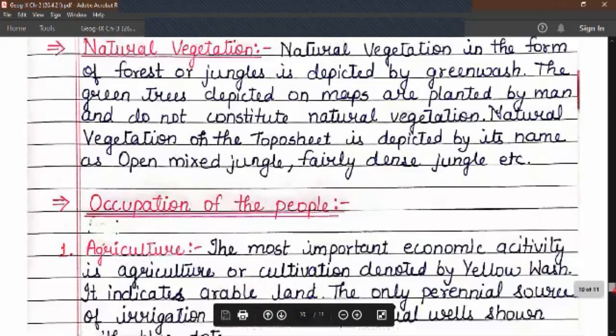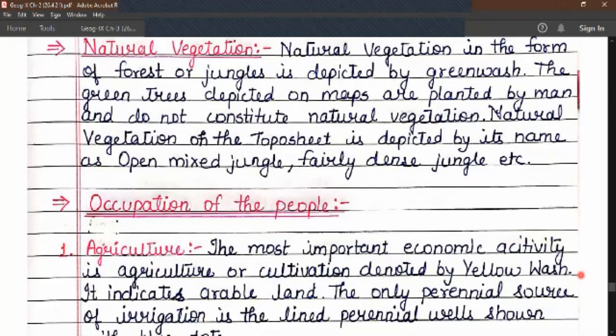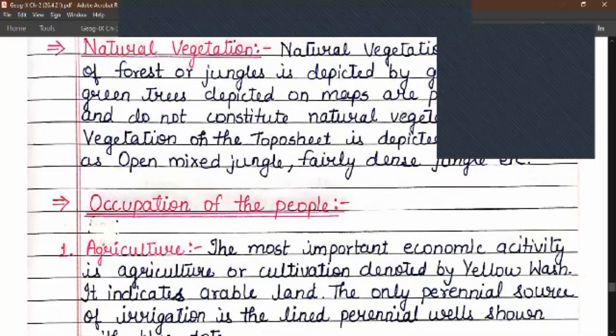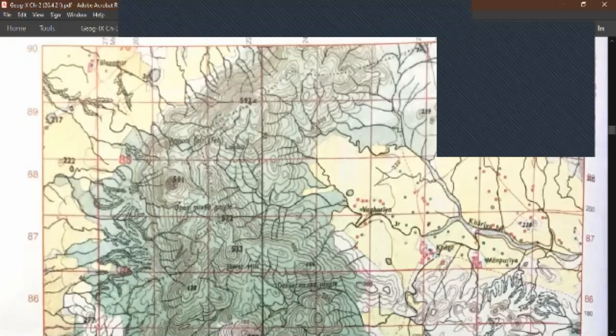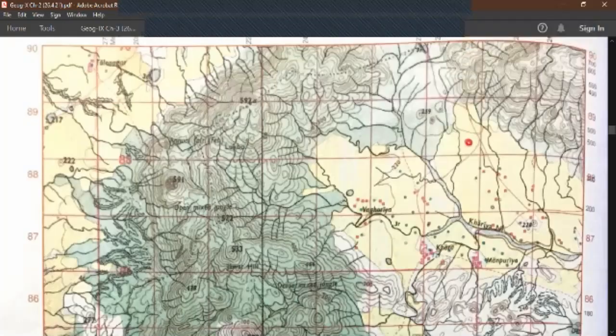Now, another important topic of today is the occupation of the people. So, how could we get the inference of what is the occupation of the people living in the area shown in a topo sheet? For that, we use different colors and find it out. So, let us take a topo sheet. The first